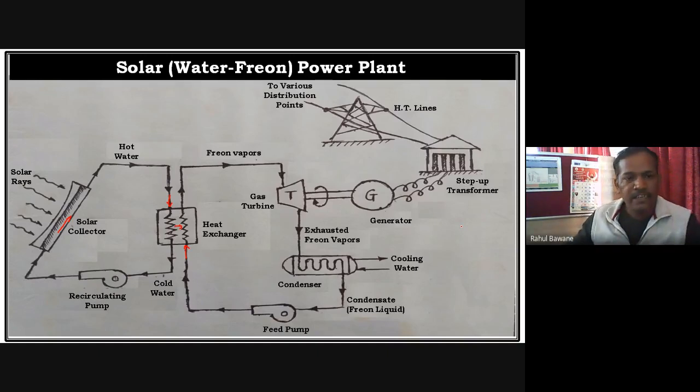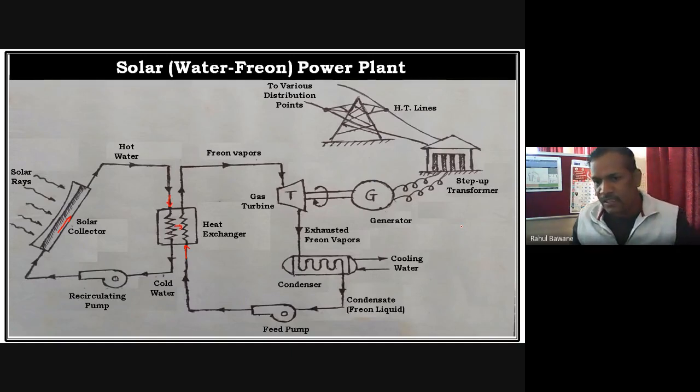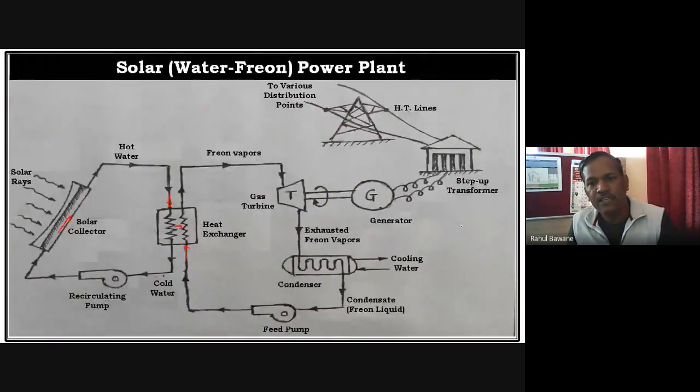Again, it requires only nominal skilled personnel workers, so their salary will be less, so total running cost will be less. And the next drawback, the biggest drawback, is that it produces only DC current. So we have to convert it into AC, because most of our equipment works on AC. So we have to use an adapter before we use the solar energy to run any equipment. Okay, so these are some advantages and disadvantages.